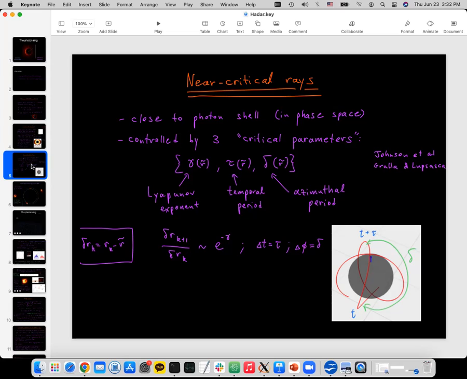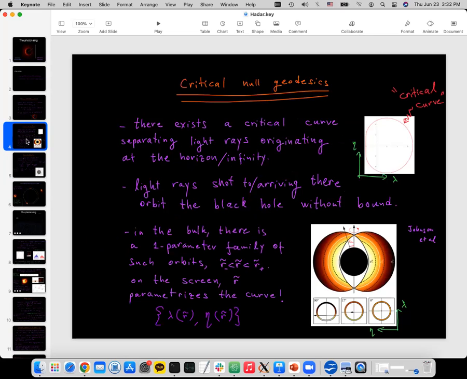Notice that this is really a function of R tilde. So for each orbital radius R tilde, we have a different gamma. Mapping this to the ring, this means that at every different angle along the ring, we have a different Lyapunov exponent and a different demagnification. Going back to here, this is a really cool and counterintuitive fact: different radii in the photon shell correspond to different angles around the photon ring. It's very different from when we look, for example, at the moon at night and we look at different angles. They're really different angles in spacetime. But here, different angles are different radii. It's a really contrived mapping between the two.